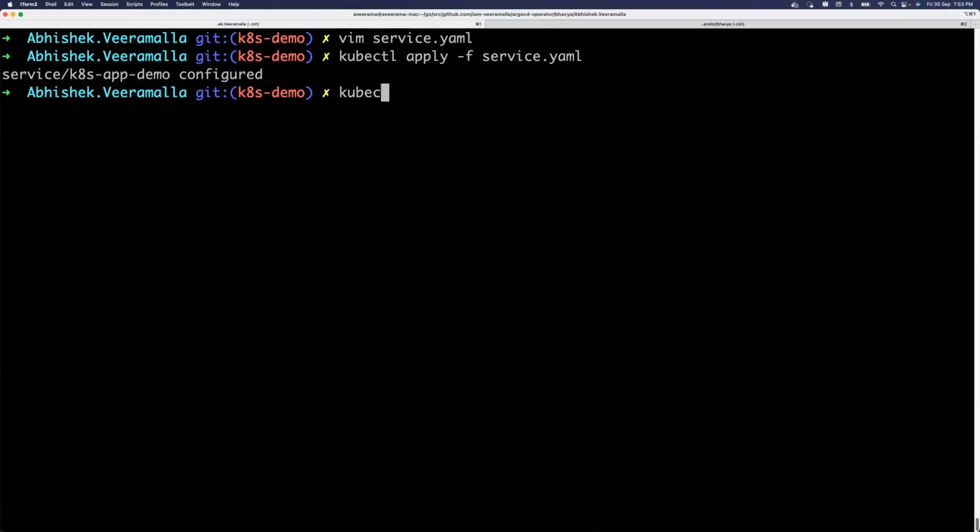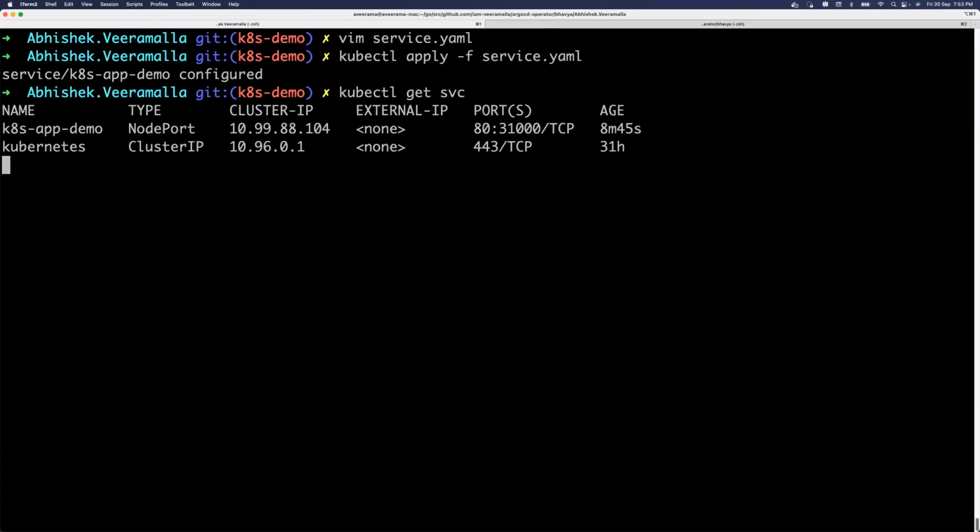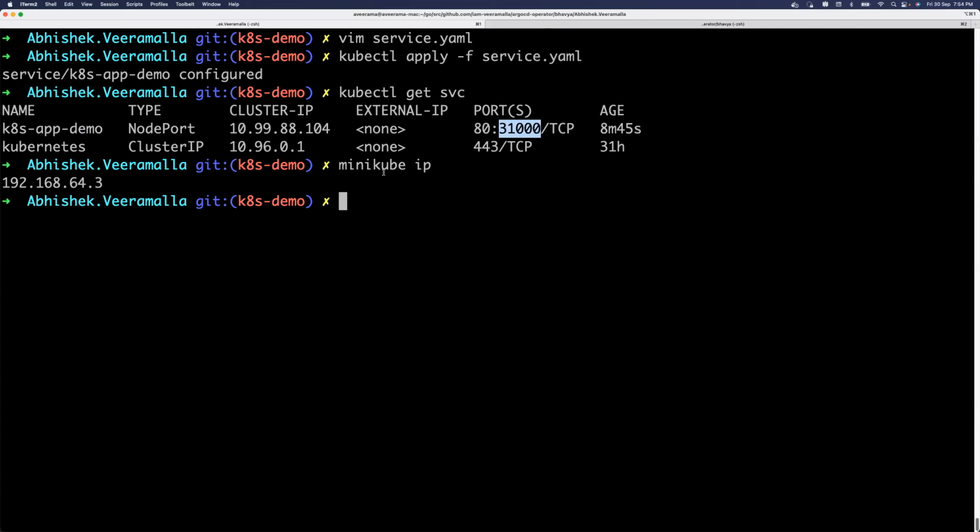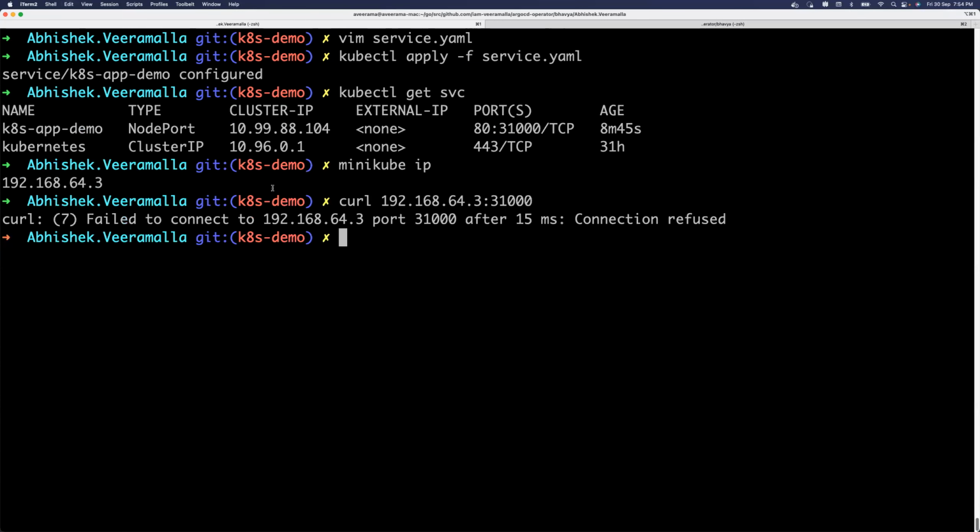Once this is applied, if you do kubectl get svc, the kube-proxy, which is continuously monitoring everything, allocates the node port. So this is your node port, and your application can now be accessed using the node IP address followed by this port. If I do minikube IP, I'll get the IP address of my Kubernetes node. It's a single node cluster that I've created, so it just has one node IP address. So I'll show you. I'm not logging into my cluster using minikube SSH, but if I access using the node IP followed by the node port,